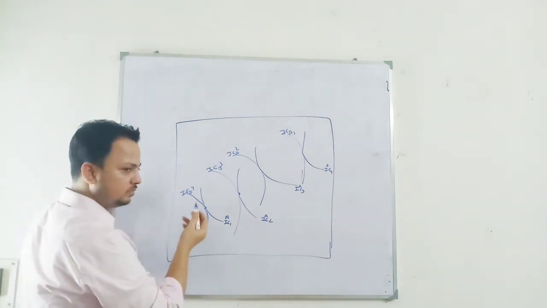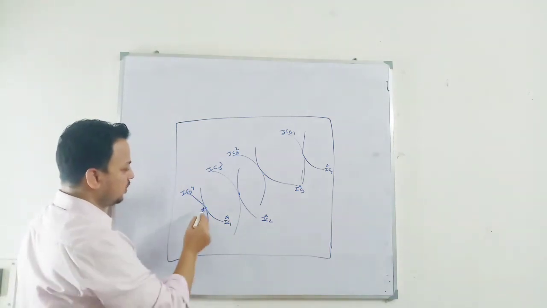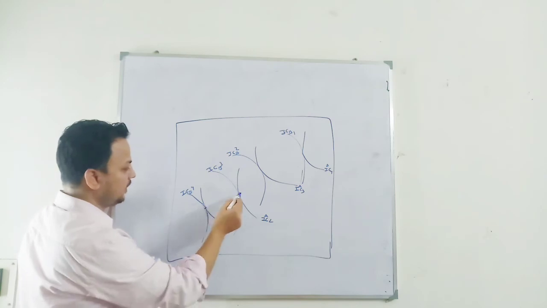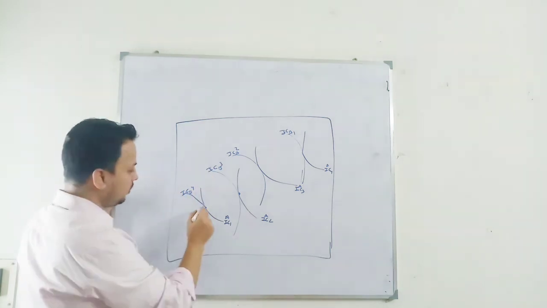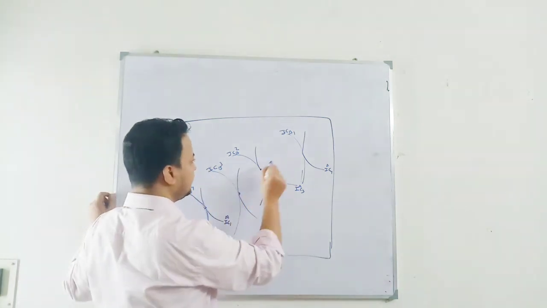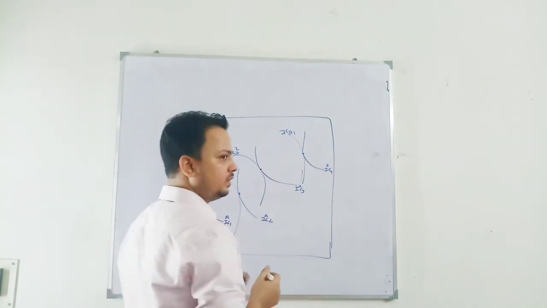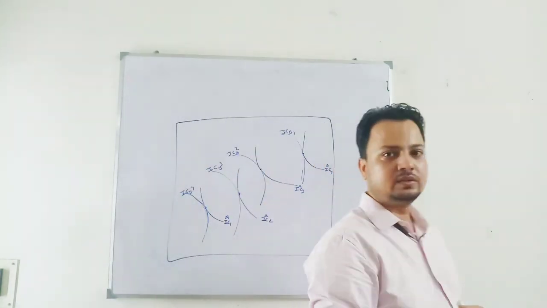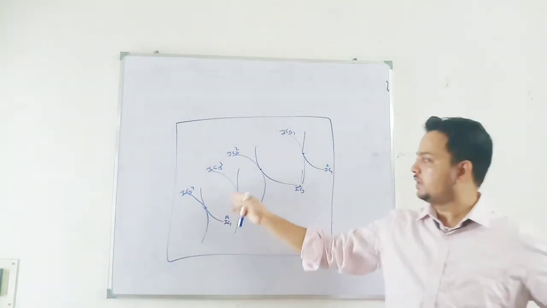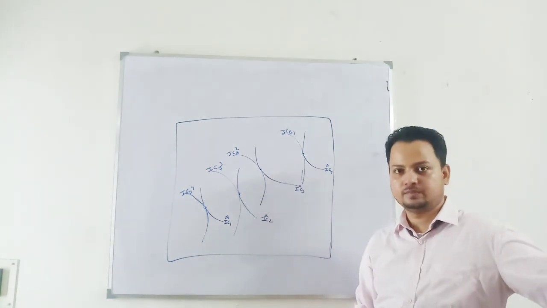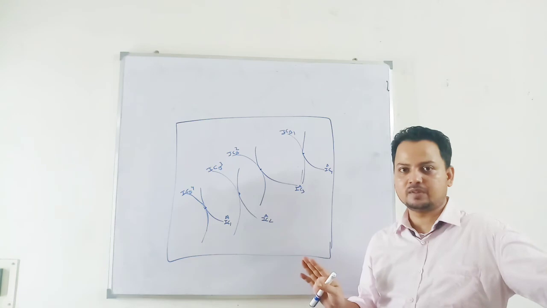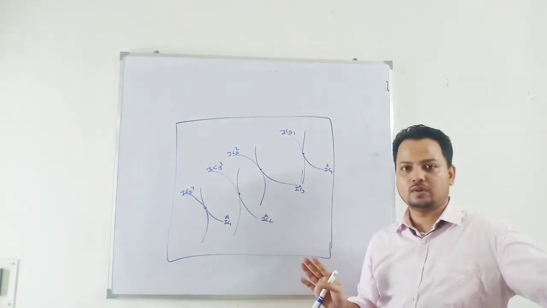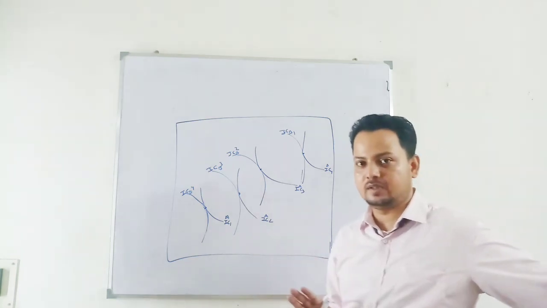Now suppose we are here. If I want to improve the utility of A, B's utility decreases from 4 to 3. So this point is a Pareto efficient point. We are not talking about anything regarding the distribution aspect, whether it is good or not. That is another kind of study.